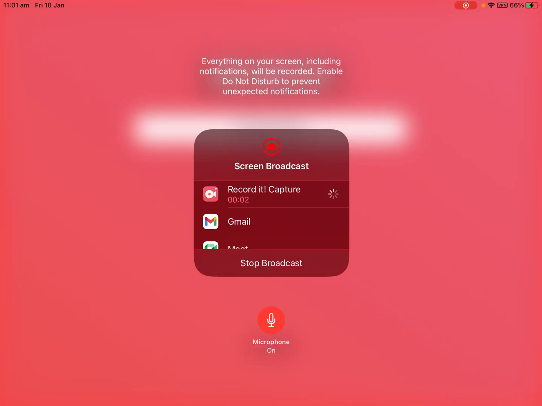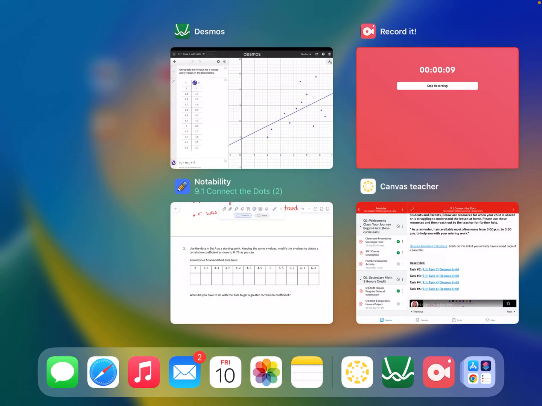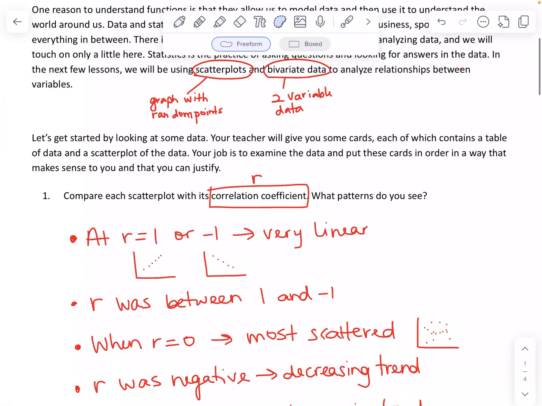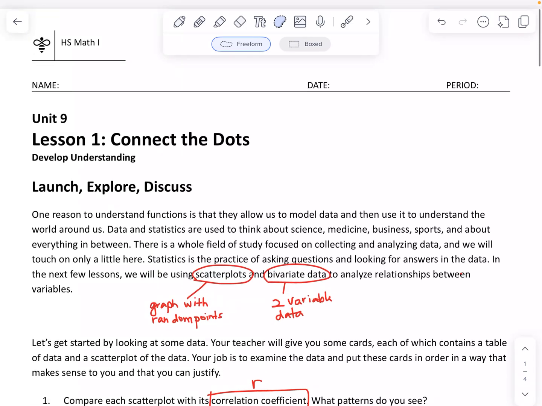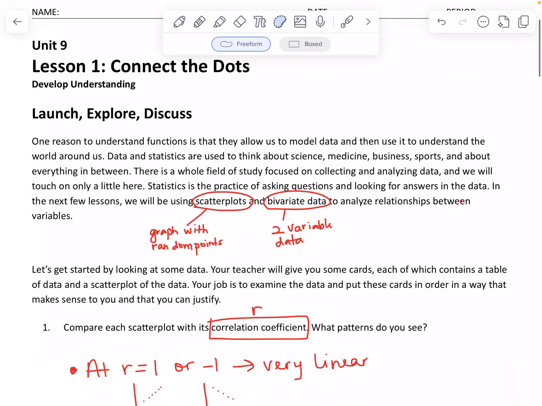This is the video notes continuation for 9.1. In the previous video, we did the launch for lesson 9.1, Connect the Dots, where we did a